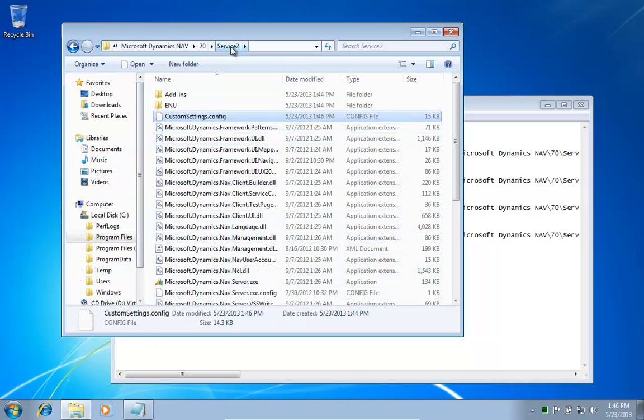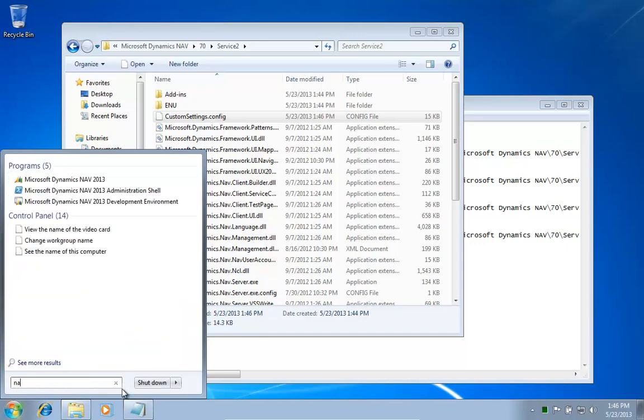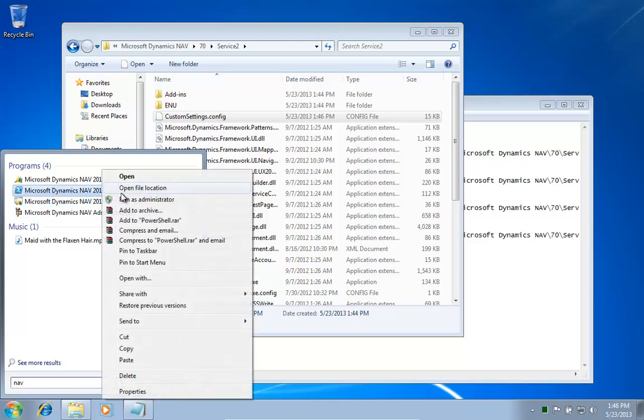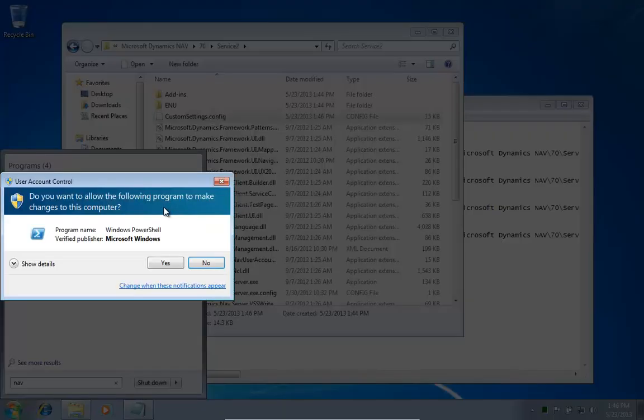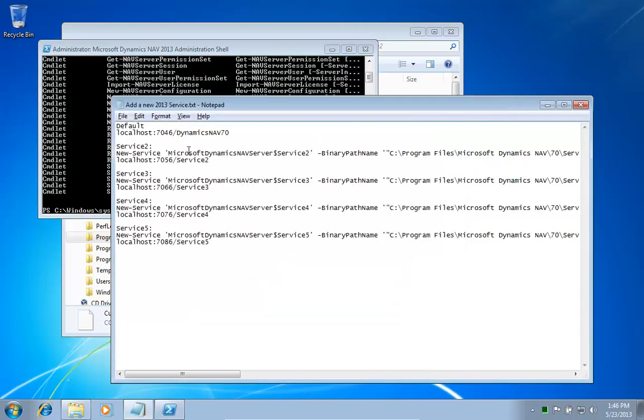So I now created a new folder. I changed the settings I need. I now need to add the new service, and in 2009 you would use the service creator. With 2013 the administration shell can be used, but again you have to run that as administrator, or else you have issues with the security if you don't do anything other than using the normal Windows 7 install. And I have created a script in here, and I will just copy